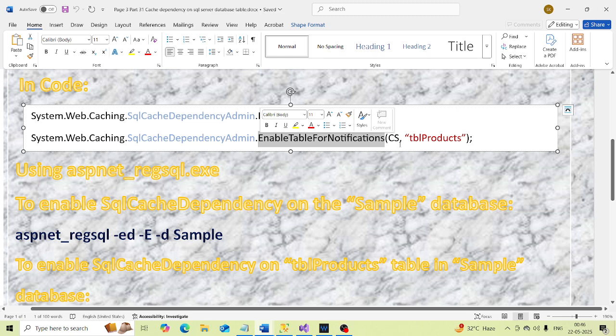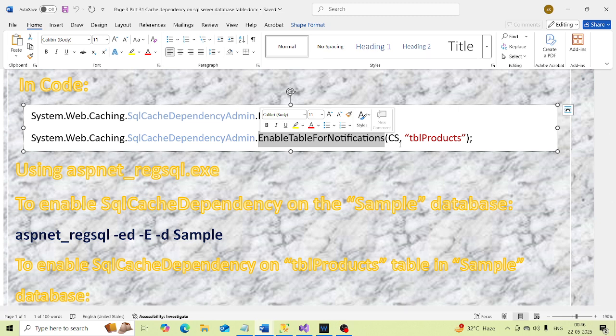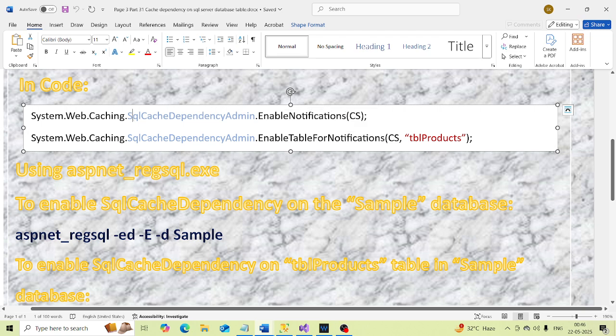So we can either do that programmatically in code using this SQL cache dependency admin class,